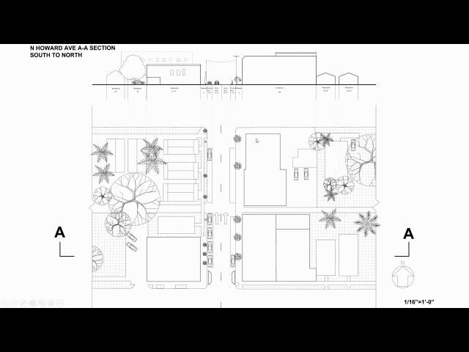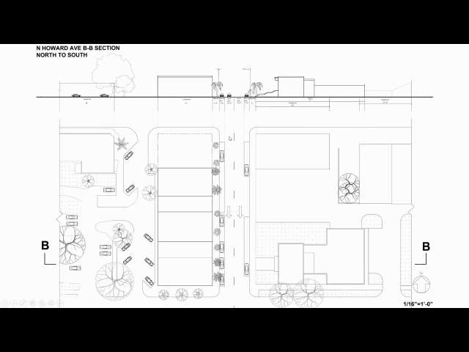From this drawing, we can see this area has many problems, like narrow sidewalks, too much on-street parking that occupies a lot of space, and lack of street trees. This is another section, for Howard Avenue, from north to south. It has the same problems. And Howard Avenue is a one-way street, so this will lead to another problem, maybe